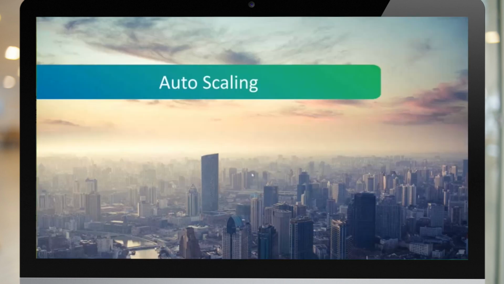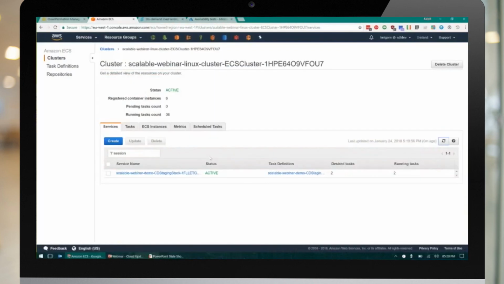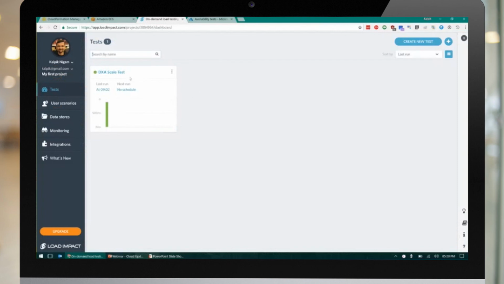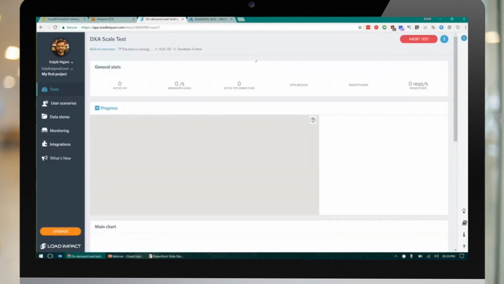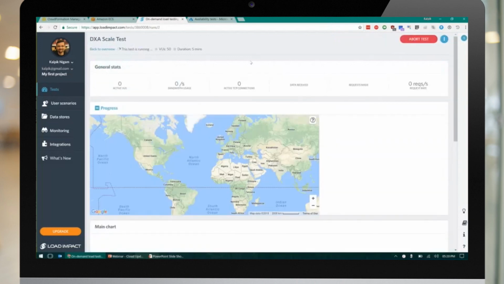Coming to the next one, auto scaling. Okay, so here we see that the session service is running 2 tasks. What I'm going to do now is I'm going to start a load test, wherein I'm going to hit my DXA site, which will in turn generate traffic on the content service. Okay, starting up. So this will generate traffic on my content service, and what that will do is basically